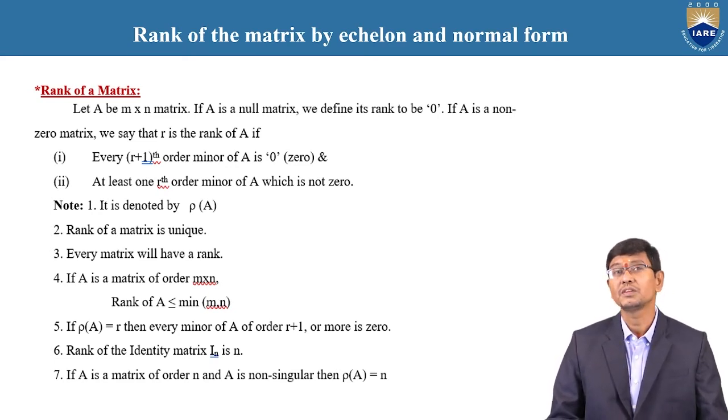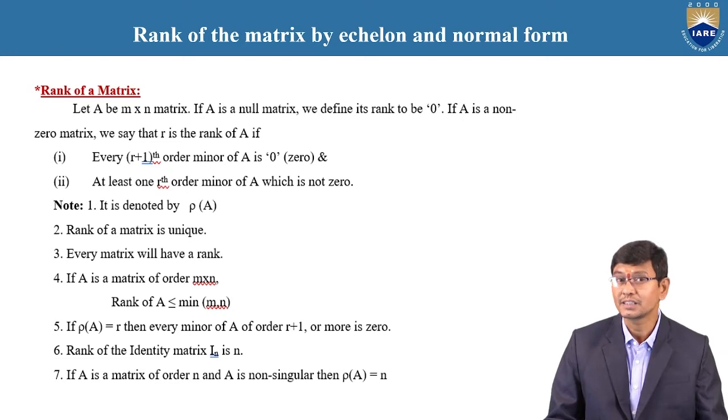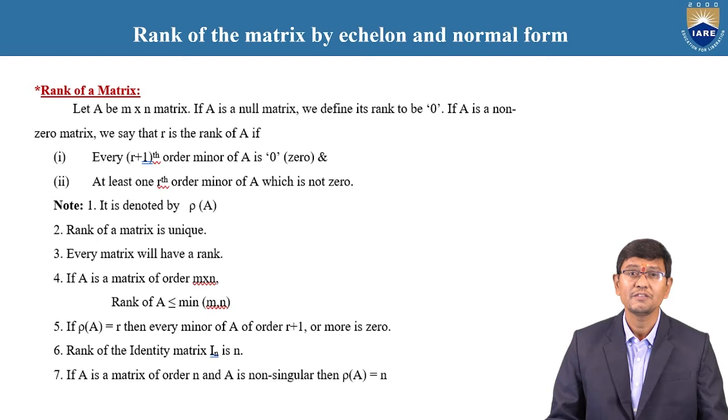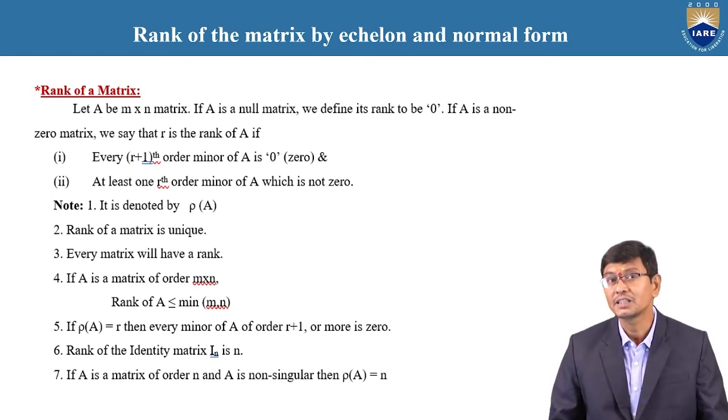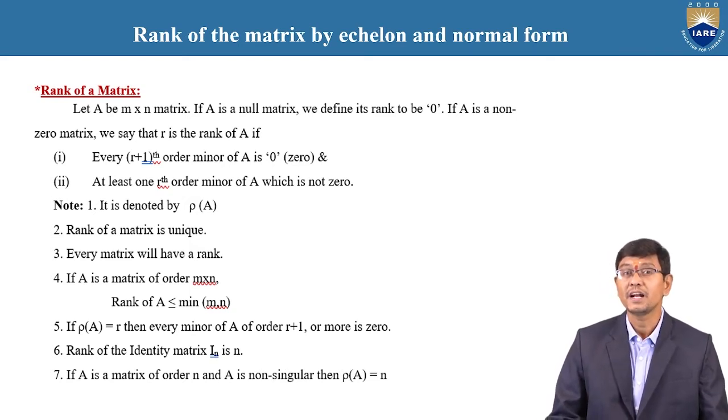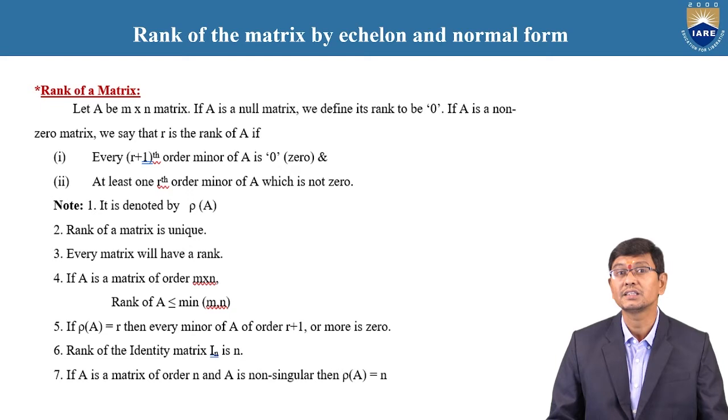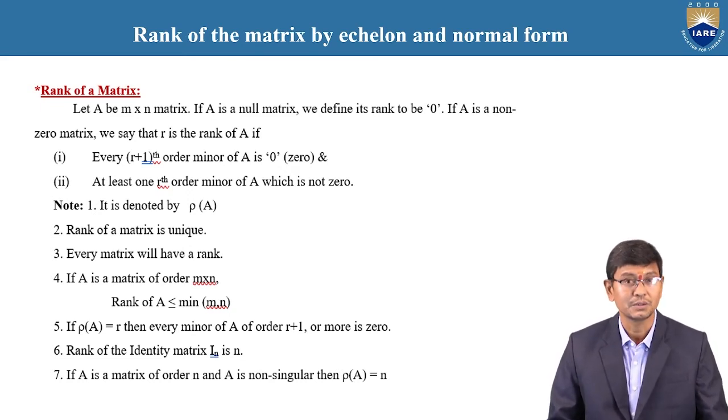For example, the given matrix A is an m by n matrix. If A is a null matrix, that is, all the elements are zeros, then the matrix is said to be the null matrix. Whenever the given matrix is the null matrix, the rank of the matrix is clearly 0. That means if all the elements are zeros, we say the rank of the matrix is 0, and otherwise the rank of the matrix is not equal to 0.